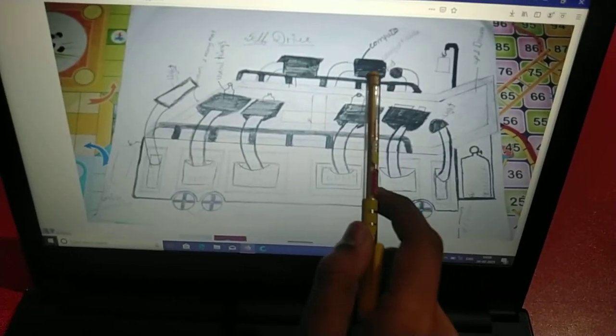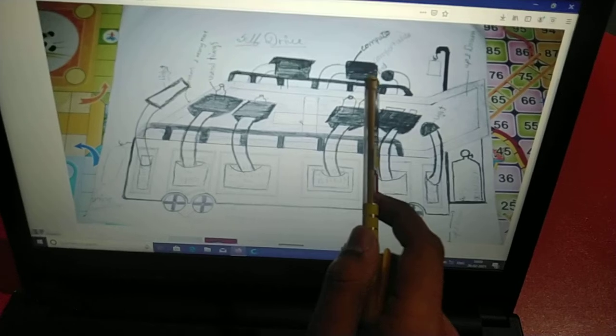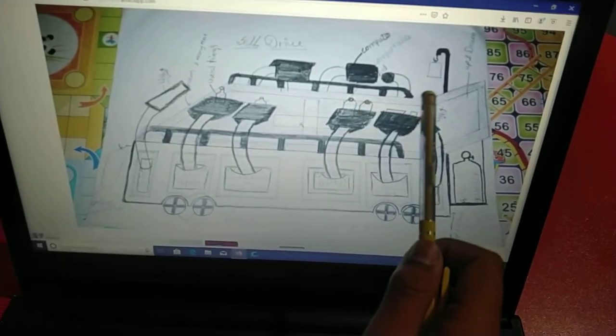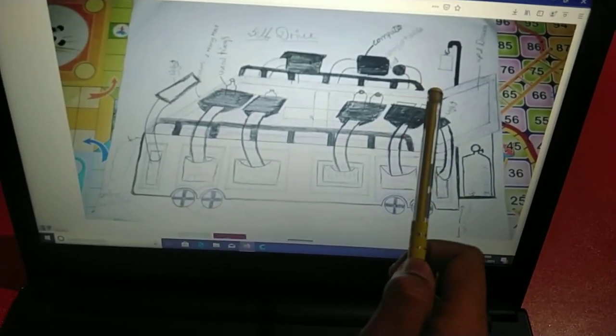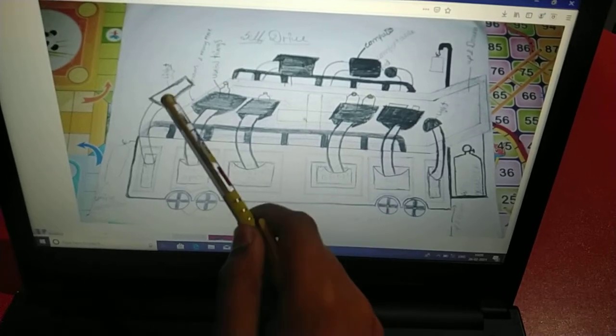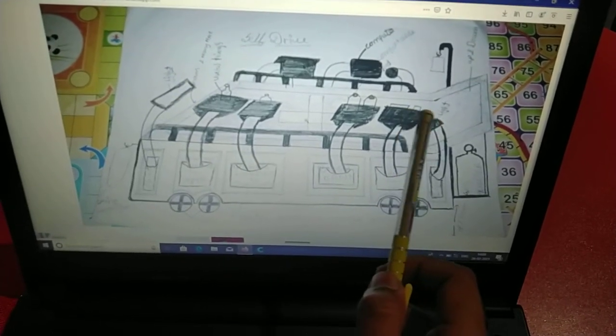It has smart computers which automatically sense all the functions, and it has LED displays which coordinate the functions, and these are the lights which are adjustable to the patient's body.